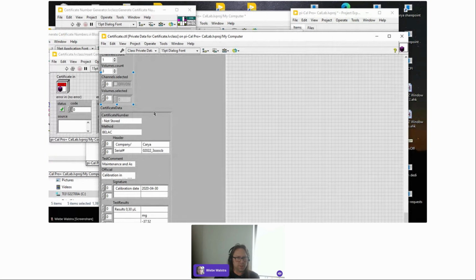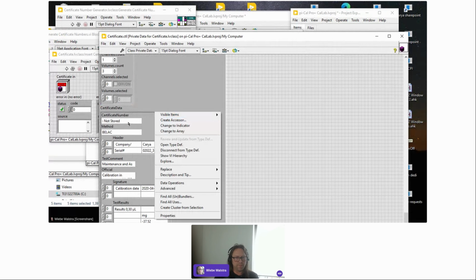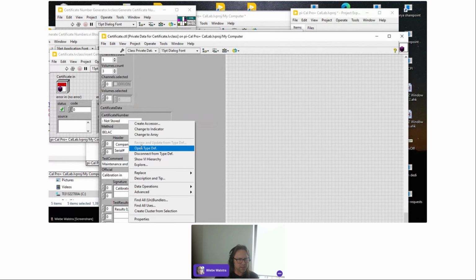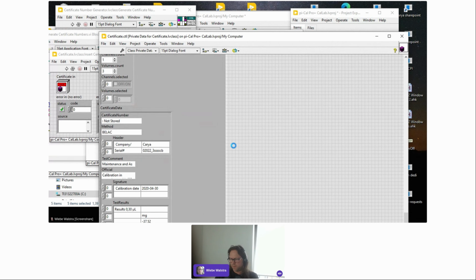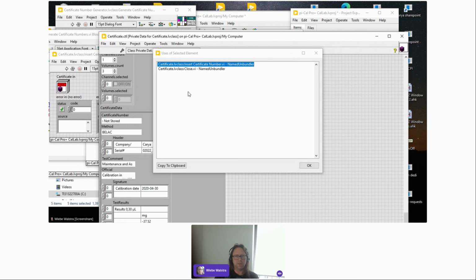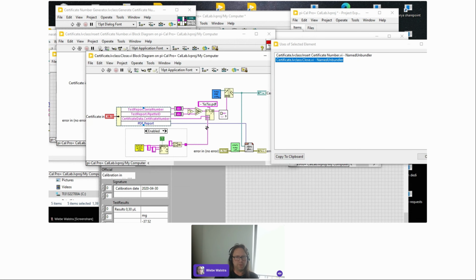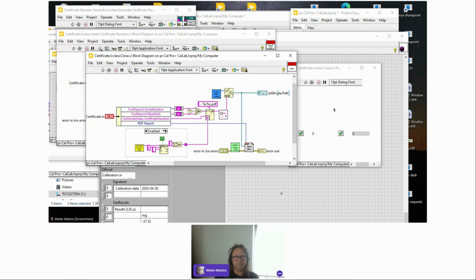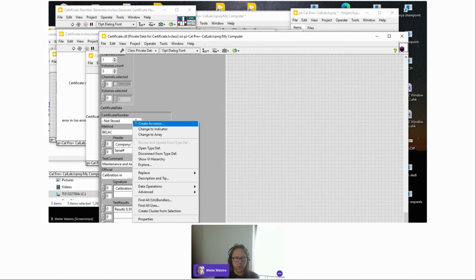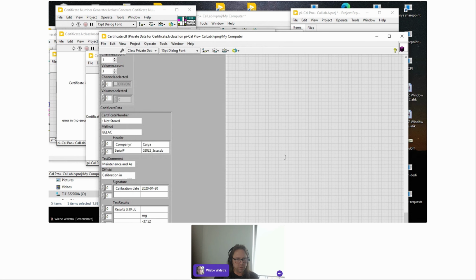So if I search the same typedef from the class, here we have find all users, and it basically searches for certificate number in bundle in the class, right? So it will find 2 of them, but there are more than these. So if I use the new plugin,